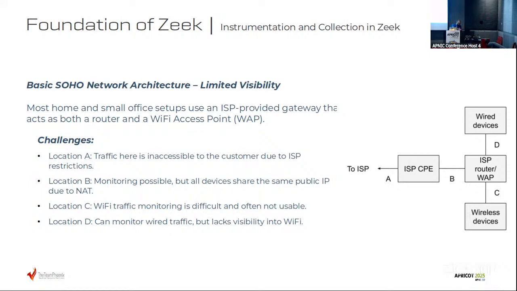So we were here last time, the placement of Zeek. The problem was if we place it on A, we won't be able to get all the local IP information. Why? Because the ISP router or wireless router has a NAT, and the local information will not be able to pass by. So to overcome that challenge,